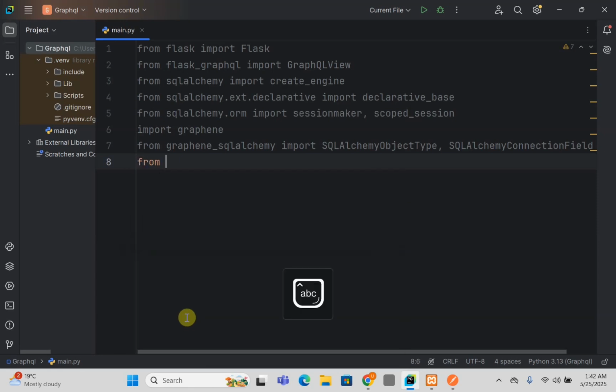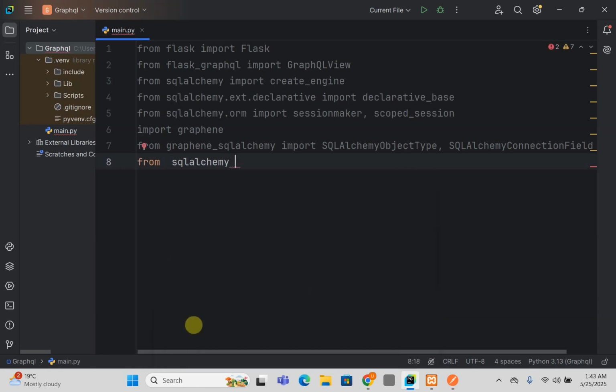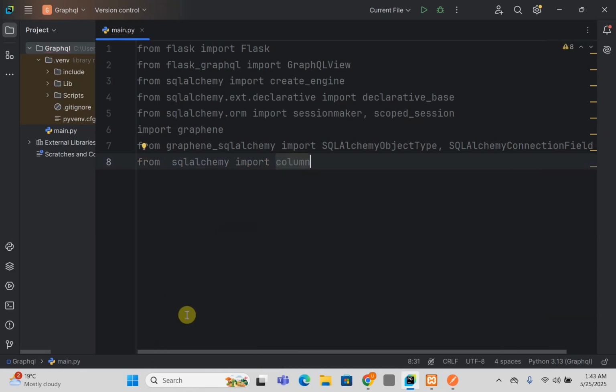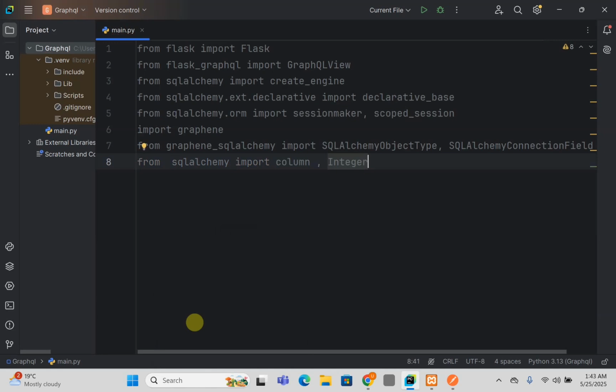From SQLAlchemy import column, integer. We also need a string. So after that, because we need to use a Postman, we are going to import